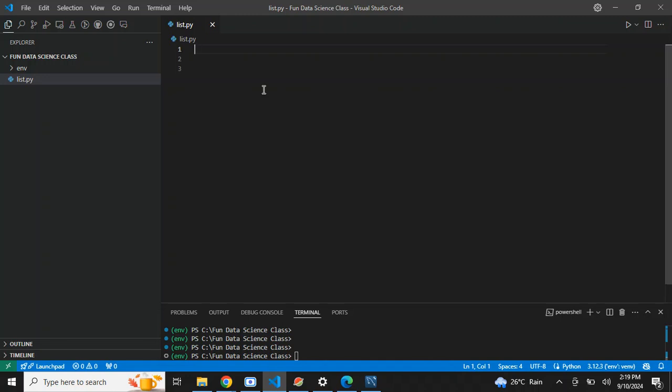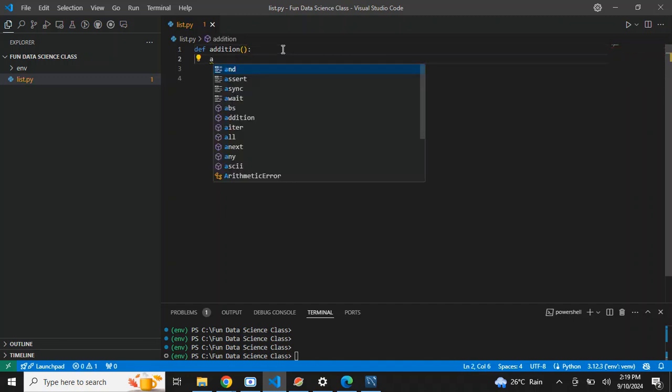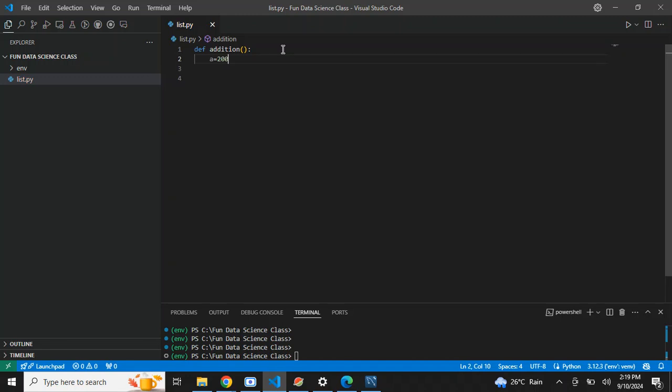Okay, so now to define a function in Python, we use def, then the name of the function. Let's do a simple example: I want to add two numbers. So I have a variable called a, which is 200, and a variable called b, 500. You can see that Python is implicitly typed, so I don't need to declare the data type for the interpreter to understand that a is an integer. So now in the end I'm returning